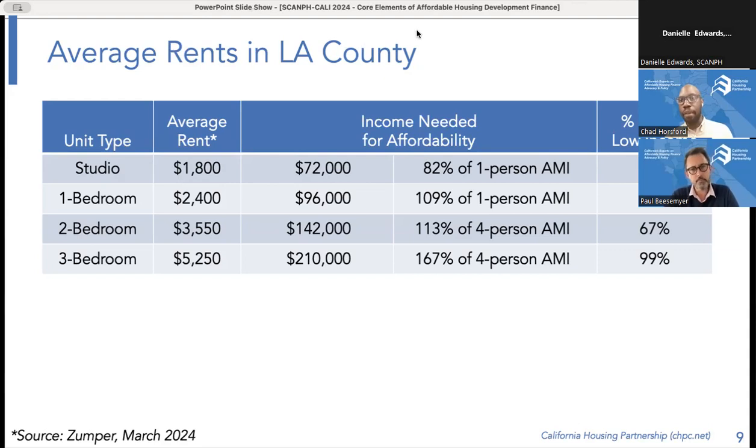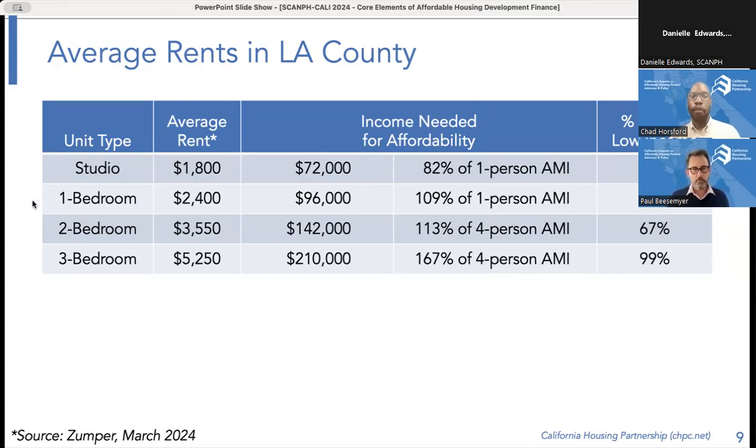However, that picture looks a bit differently for very low income households. So households that are earning 50% of area median income or less, in order to support a $1,800 a month rental payment for a studio unit, then you're paying half of your income toward rent, just about 49%. And that's a much different situation where you have less money to cover other needs and your budget becomes more tight.